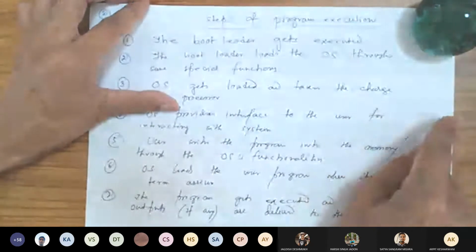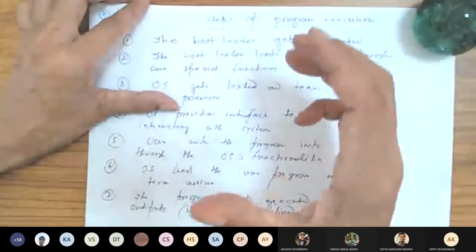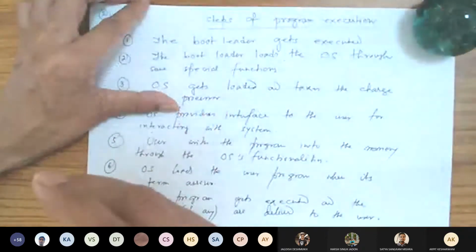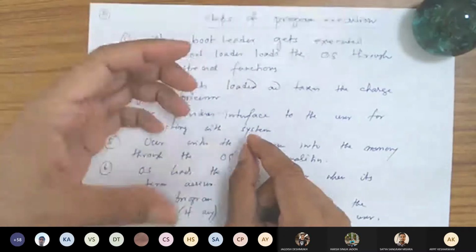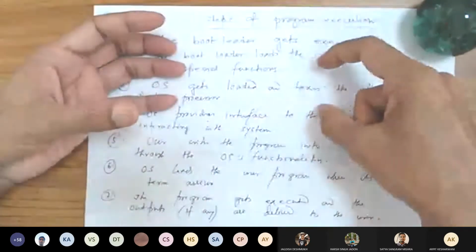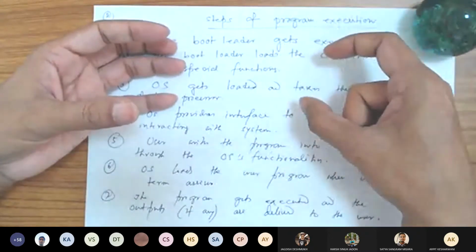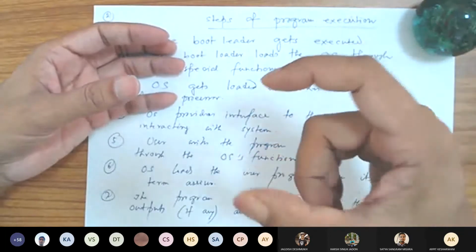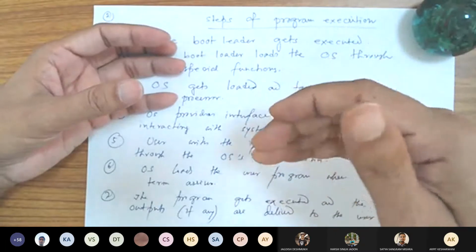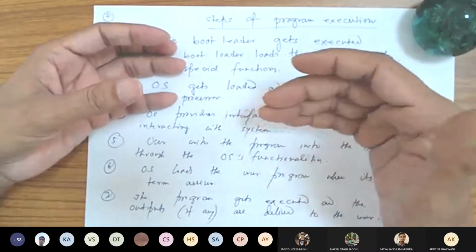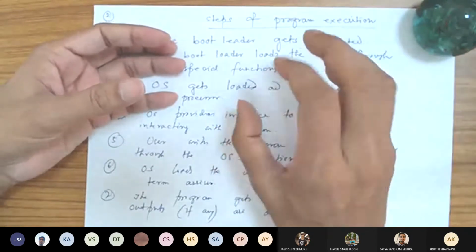Now, once you go to the secondary storage device where the operating system is loaded, the initial part itself has its larger loaders. So what happens? The bootstrap loader loads the loader of the operating system. The loader of the operating system is there in the initial few sectors of the secondary storage device. So that's why, when you buy a hard disk, you will see that the boot sector of the hard disk or secondary storage device is very important, because if things get lost there itself, it is very difficult to recover the data.